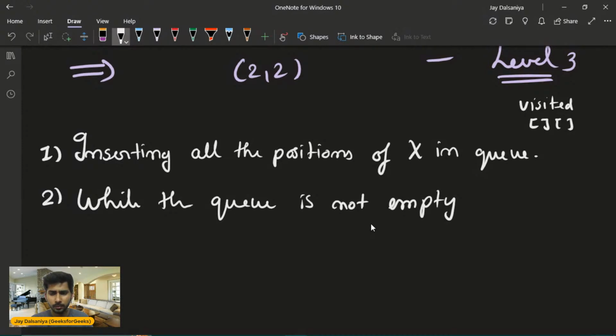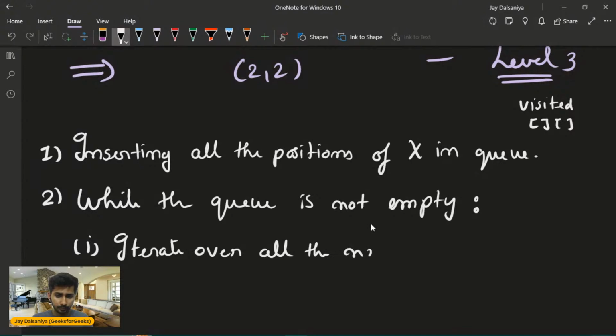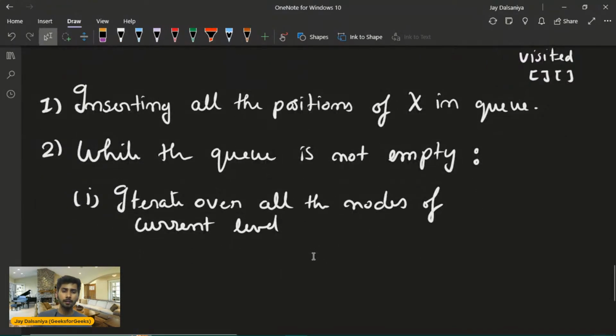I'll be following this process. So what is the process? The first point of the process is to iterate over all the nodes of the current level. Whatever your current level is, I'll be iterating over all the nodes of that level only. And inside this, I will be